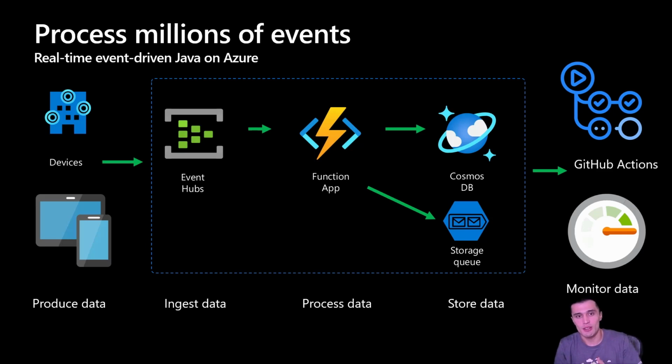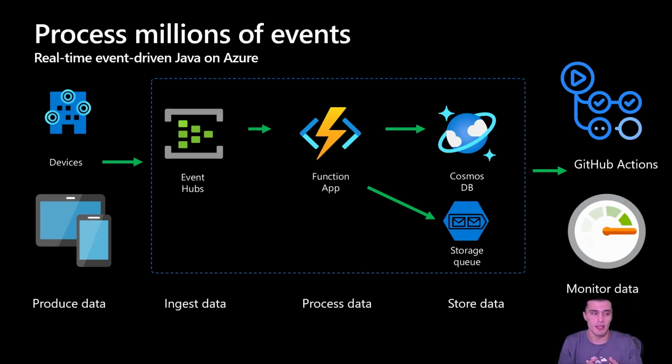This architecture, let's say, shows a serverless event-driven architecture that ingests a stream of data, processes the data, and writes the result to the backend database. If you look at the workflow, events arrive at Azure Event Hubs, and the function is triggered to handle the event, and then the event is stored in Cosmos DB. If the function fails somehow to store the event successfully, the event is saved to the storage queue to be processed later.